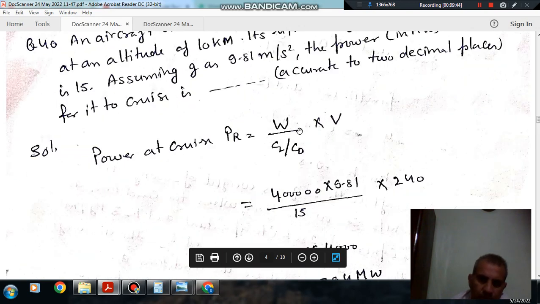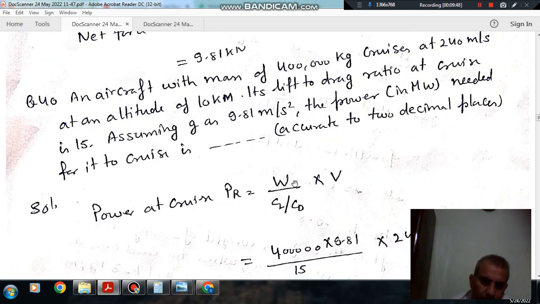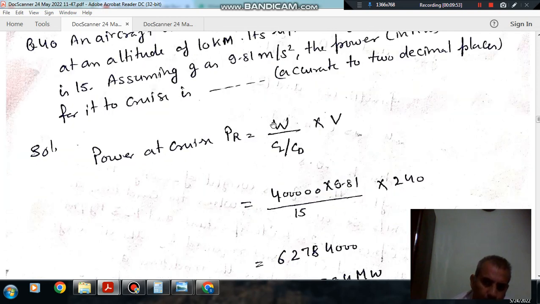So that is the power required during cruising in terms of weight. Because from this we can lift into, or thrust into the